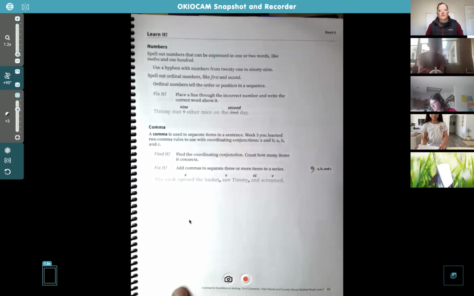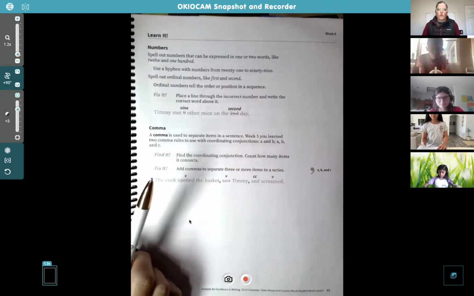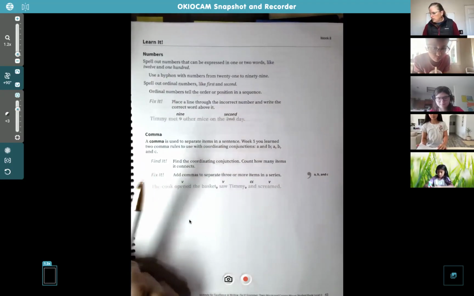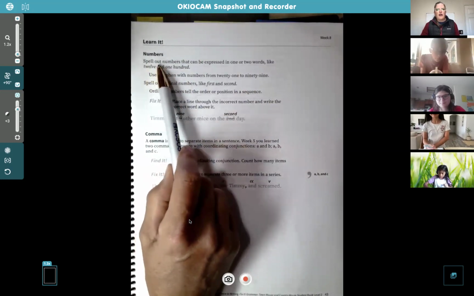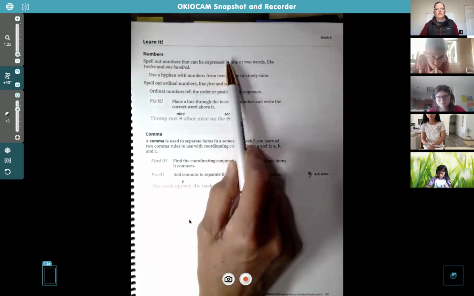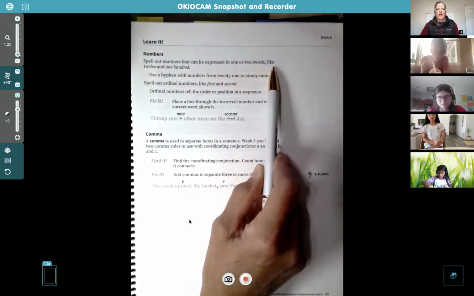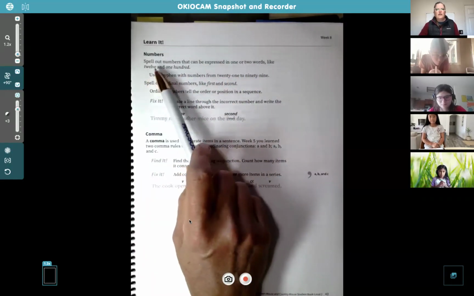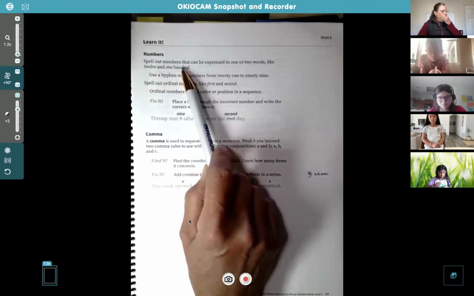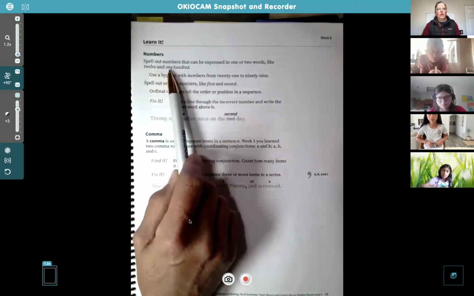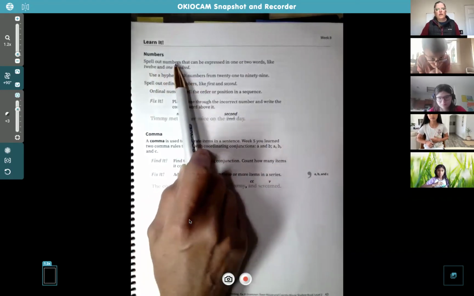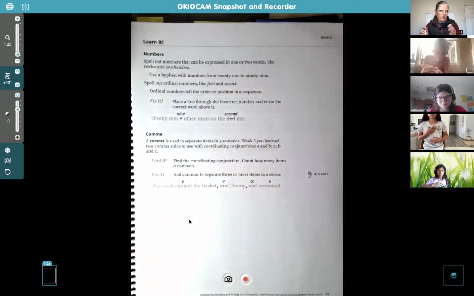All right, this is going to be an easy lesson because basically we're talking about numbers here. This is page 43 in grammar. And basically what you're going to do from now on is spell out numbers that can be expressed in one or two words, like 12 and 100. See, 12 is one word. It's actually a word. And then 100 is two words. So in this book, they're going to put numbers in here now. And rather than just having the regular,